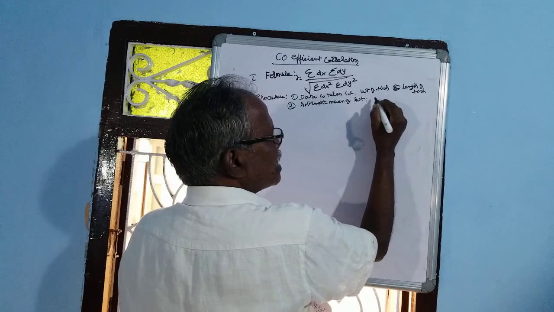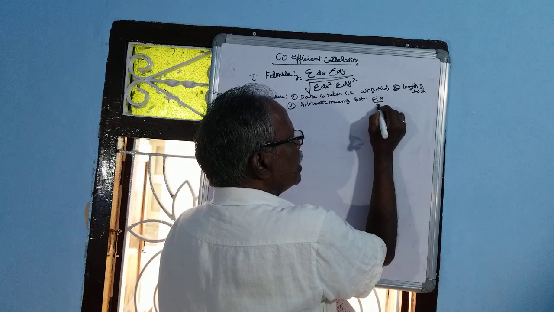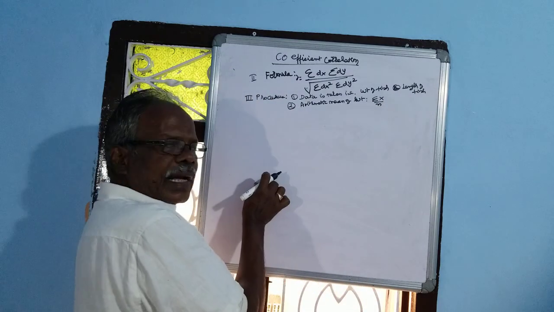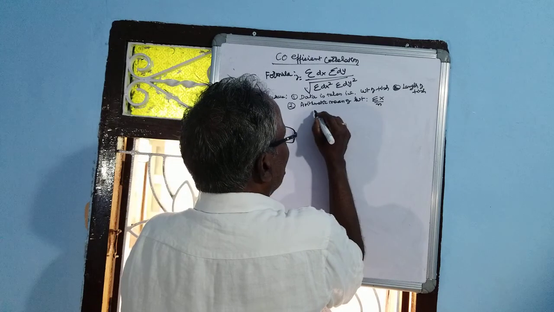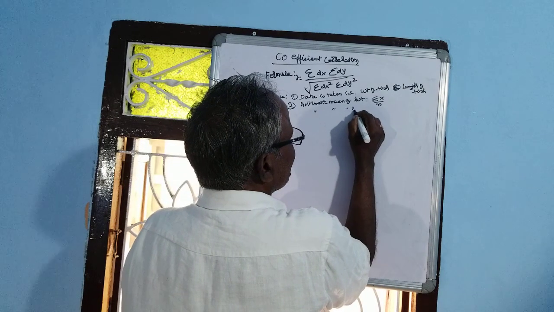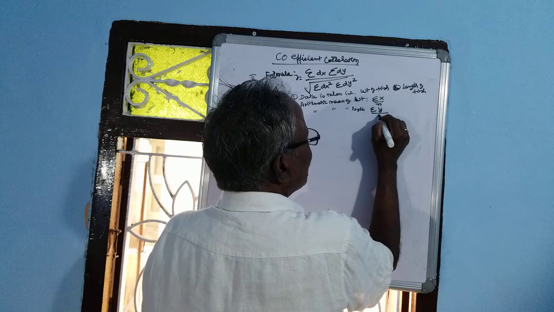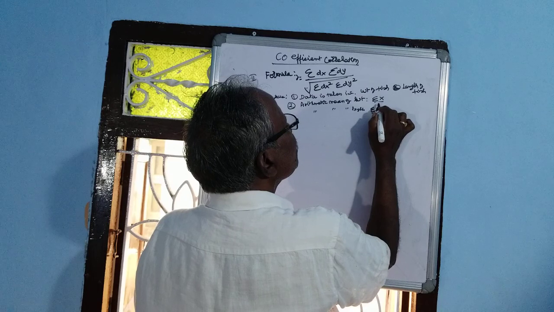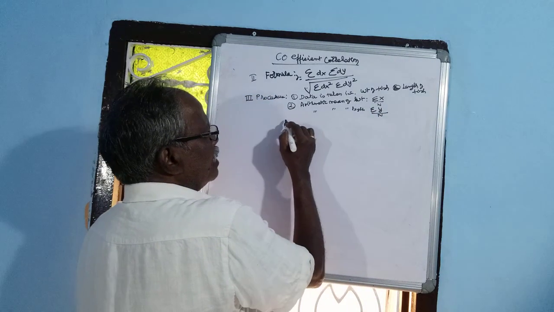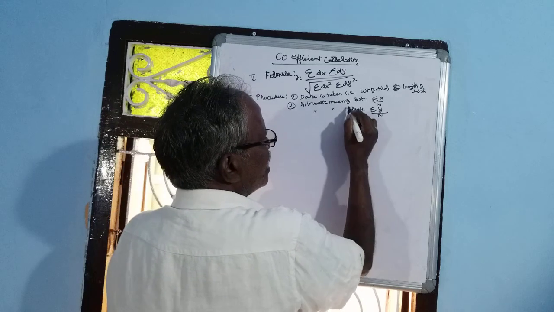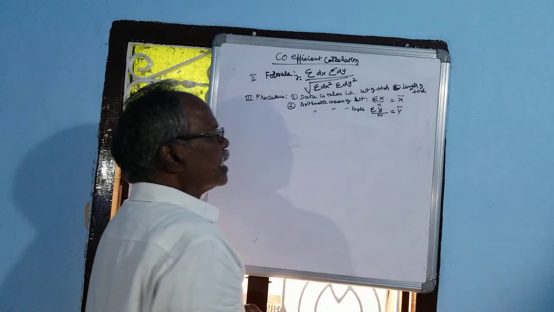That is the sum of x divided by n. So x will be added and divided by the number of fishes, that is 10. Like that, the arithmetic mean of length, that is sum of y by n. The number of fishes is 10. So this is called the arithmetic mean. This is called x dash and this is called y dash.